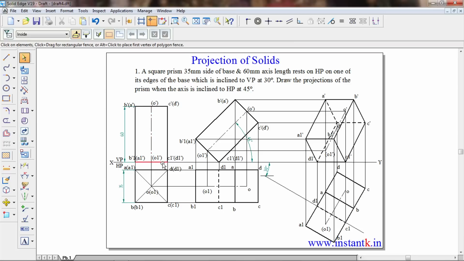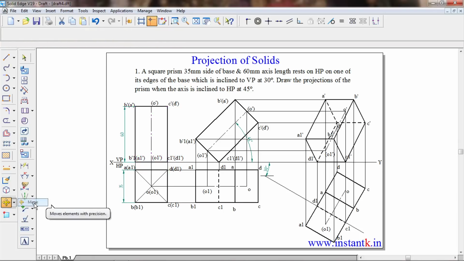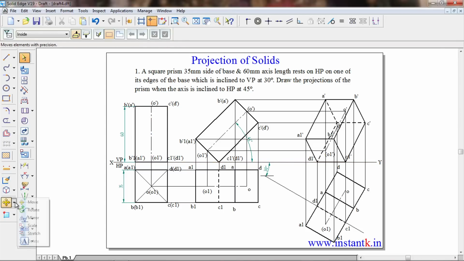Then we can draw a rectangle. Then we have to select like this. Then we have to select this rectangle. Then click on this move command. Click move with respect to this point. You can keep it here. When you are moving, the copy command should be on. Then you can give a rotate command here in the move command only. You can give a rotation. This angle you can give as 45 degrees. Then opposite it will be 45 degrees.